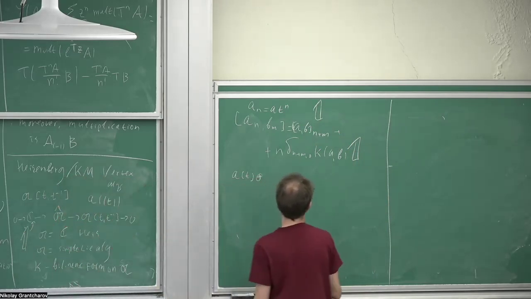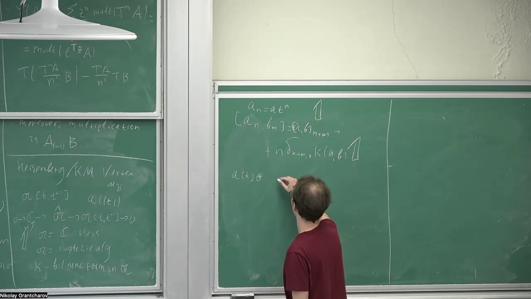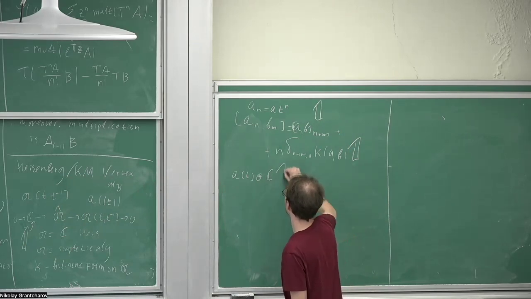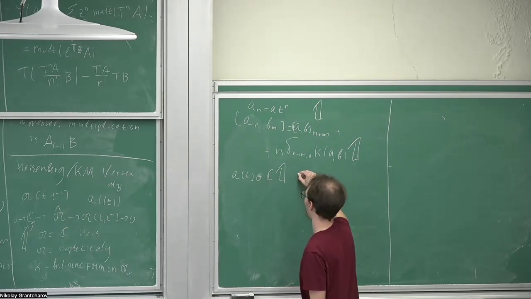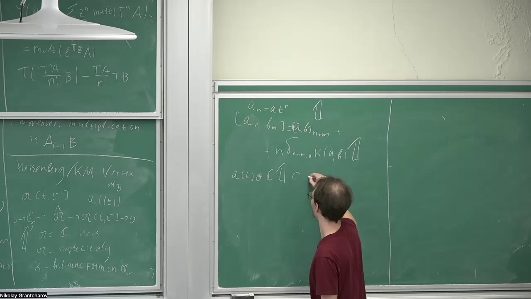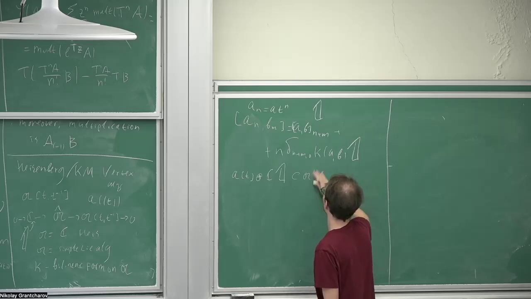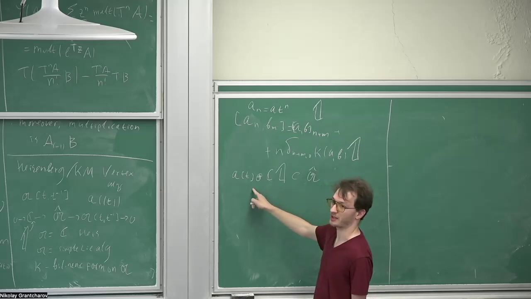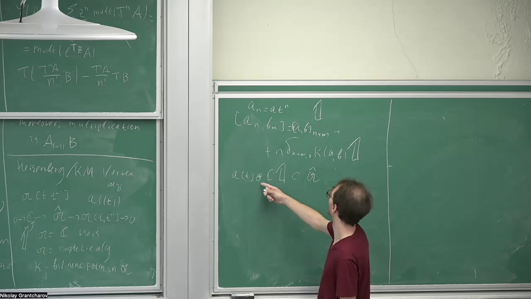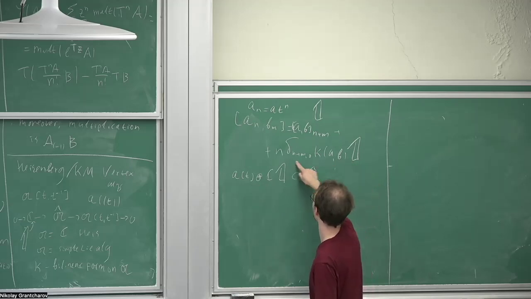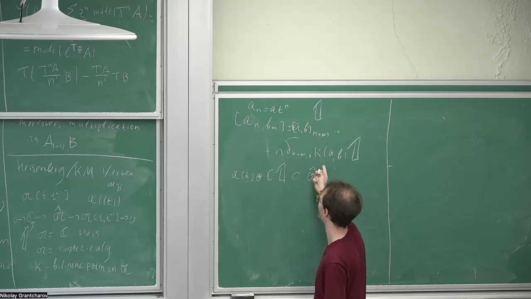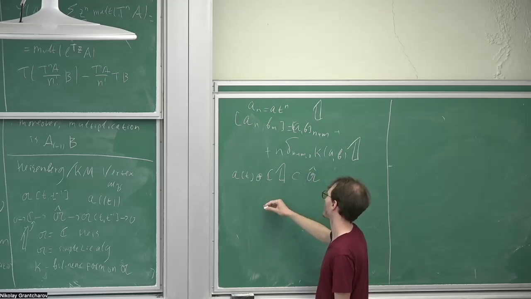So A of T plus C vol 1 is a subalgebra inside A hat. And moreover, it's a direct sum. So this term is always 0 if I take non-negative powers. So this is just a direct sum, and I can consider